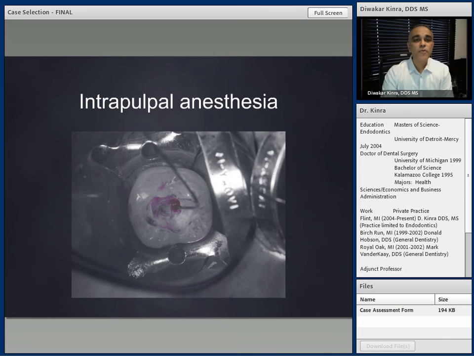Now, this is not one of my favorite injections to give. Why? Because it's uncomfortable to the patient. But I want to make sure that the patient is comfortable throughout the rest of the procedure. So if I do get into the pulp chamber and the patient does feel it, I'm going to take the needle and I'm going to place that into the chamber until I get resistance, hopefully